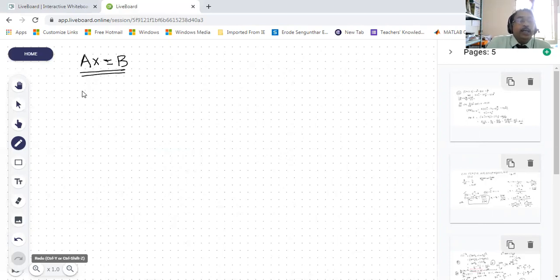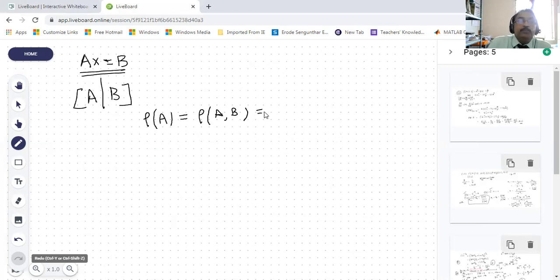When you have an augmented matrix A comma B, find the rank of A and the rank of A comma B. If rank of A is equal to rank of A comma B, which is equal to the number of unknowns,